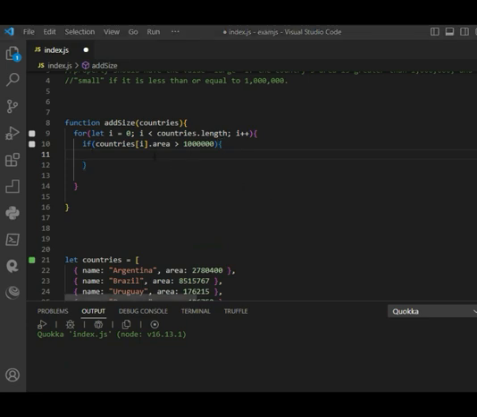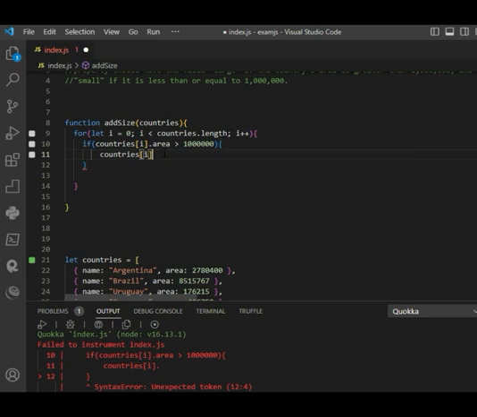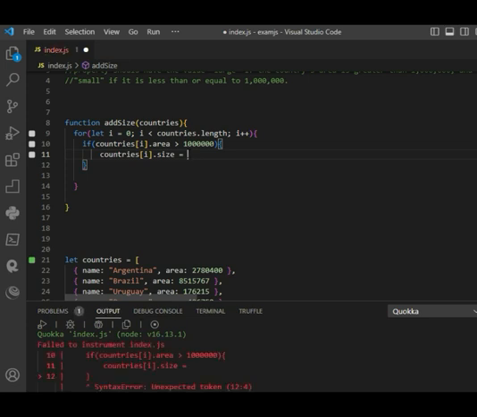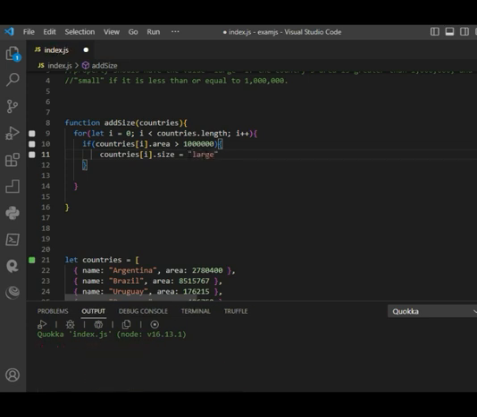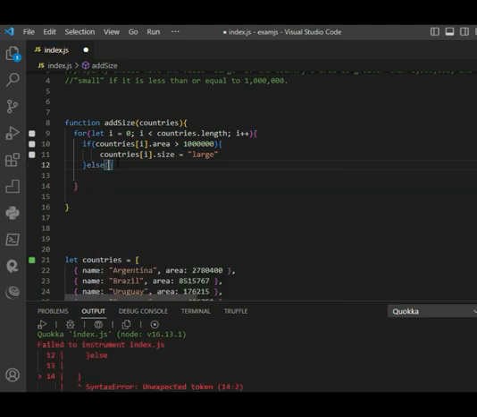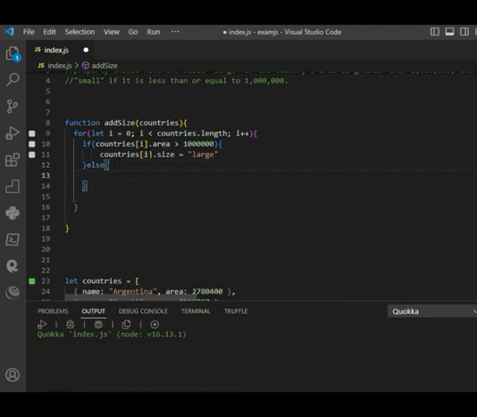So in case the area is greater than 1 million, then we will add the property just by writing countries. Large, and else country size